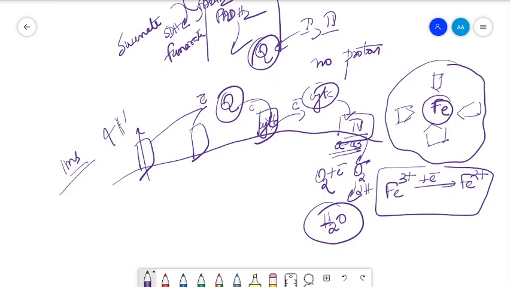These reducing equivalents enter complex 1 and 2, which transfer the electrons. Each hydrogen atom contains 1 proton and 1 electron. So when hydrogen atoms are transferred, electrons are also transferred, and finally these electrons convert oxygen to water. So what happens to the proton which is pumped? While transferring the electrons, complexes 1 and 3 get energy and pump 4 protons each to the intermembrane space, whereas complex 4 pumps 2 protons to the intermembrane space.